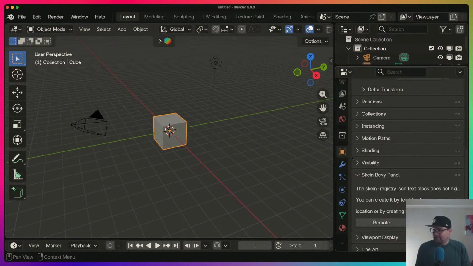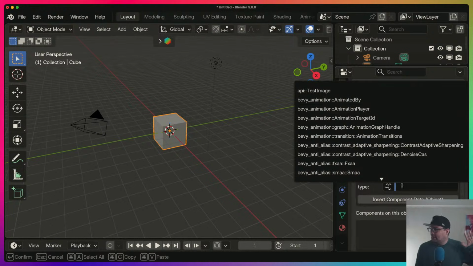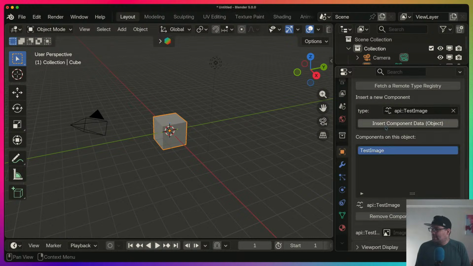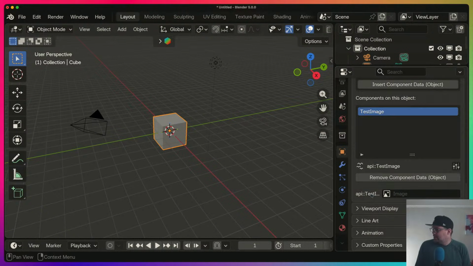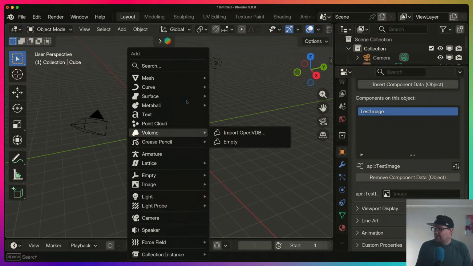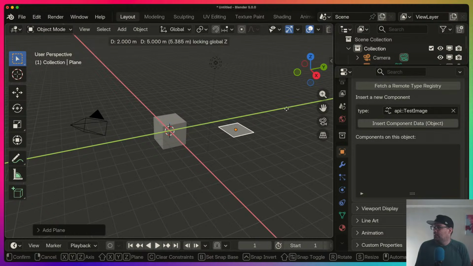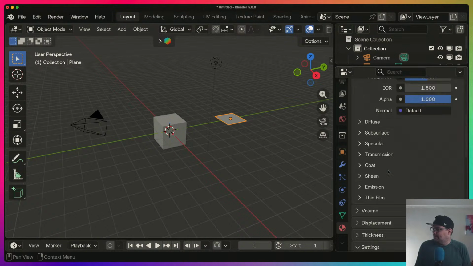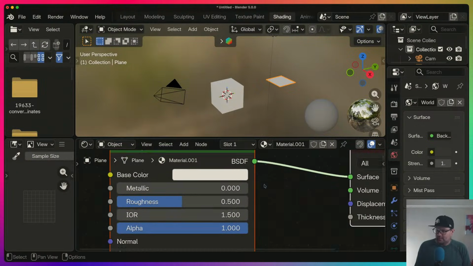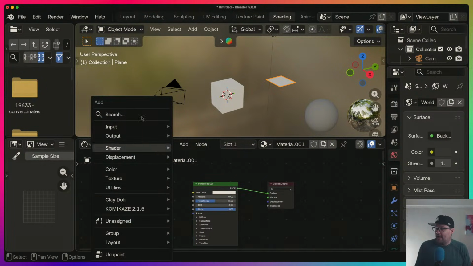So here's the whole process, right? We have the Bevy applications running on my other desktop. So we have our test image. Test image has a handle image in it. We can take the render result, which is really the only default image that lives here, if we want to. But really what you have to do at the moment is create this plane, create a material for that plane, go to the shading, zoom out because it's way too far zoomed in, add a